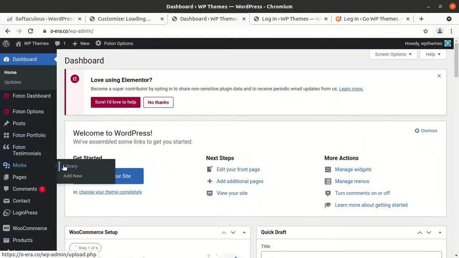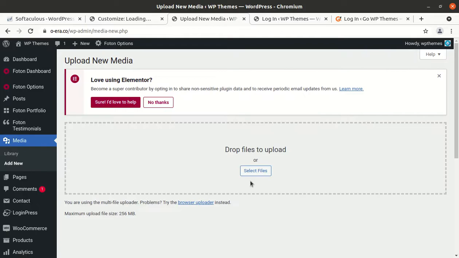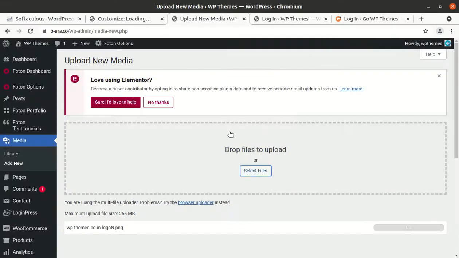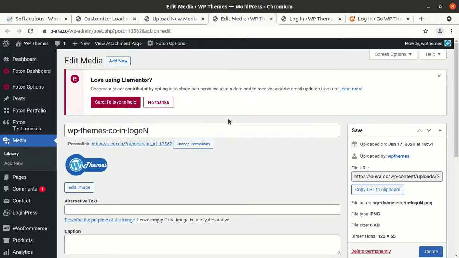So in the media we can upload a logo, and select file. I am just simply using this available logo with me, and we can simply click on edit to get the URL, and this is the URL of uploaded logo.